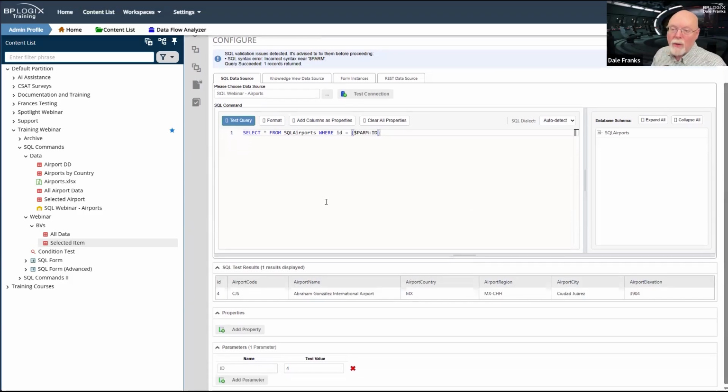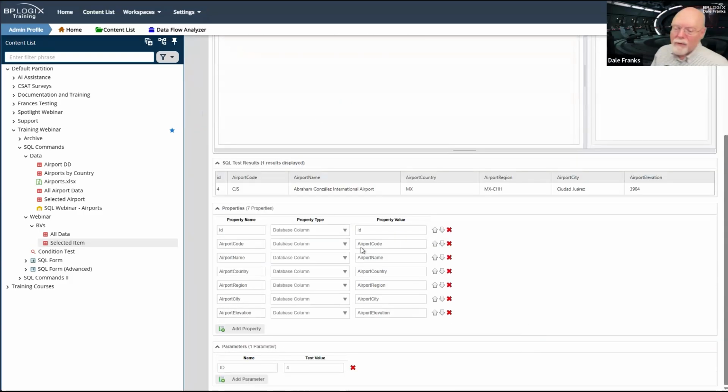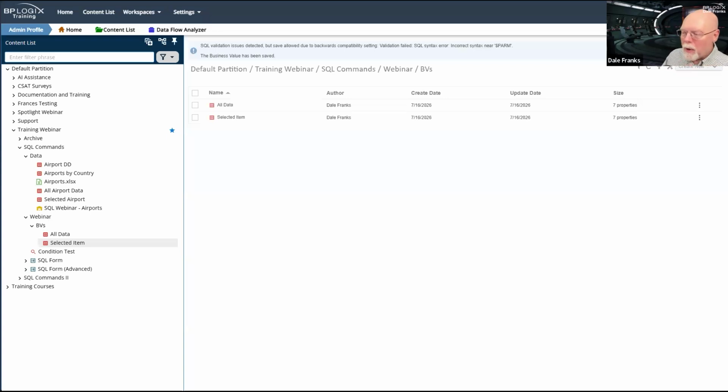Now, what I do need to do is add columns as properties because I'm going to need a set form data to add all of these fields into my form. So at this point, I basically have a working form. And we're going to go ahead and build it. And then we're going to come back and throw a drop-down control into it just to set up our drop-down business value. For now, we're done. Let's create our form.